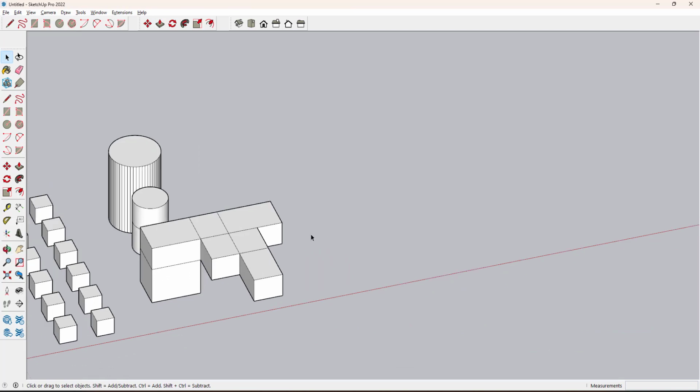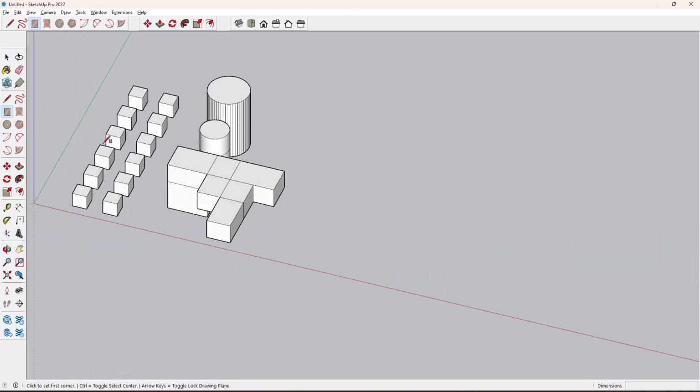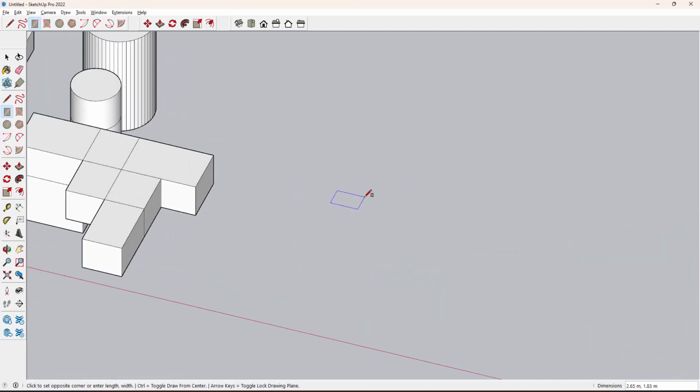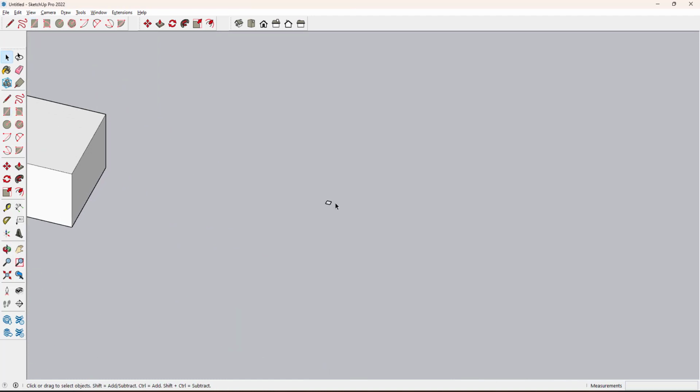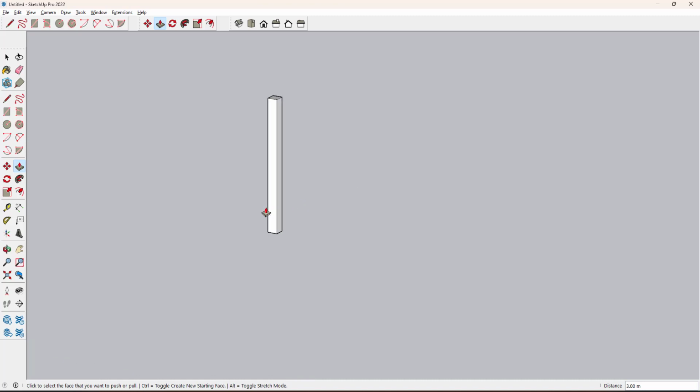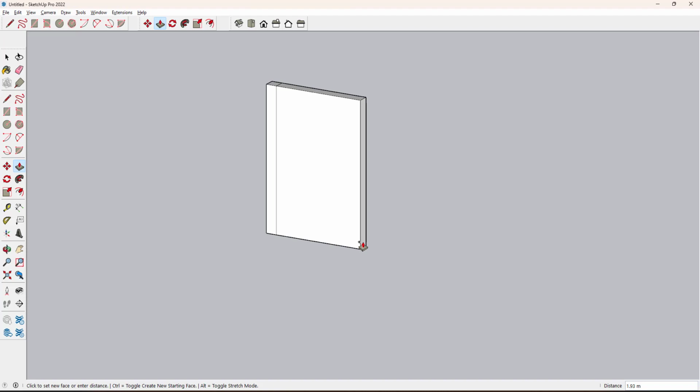For example, if I want to draw a room, I take a rectangle command and then I say 0.23, 0.23. Once you are done, use the push command and give the wall height, that is 3 meter. Next, by using this only, I just formed a room about 3 by 3. If I push this directly, then I lose the thickness. I just want to add one more segment. Before going to push, I just press control so that I get one more segment, and then now I give the room size, that is 3, enter.